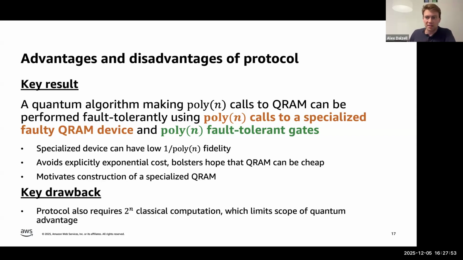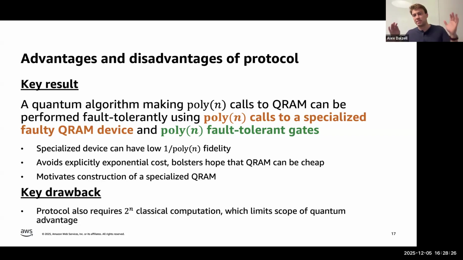This physical QRAM device actually only needs to have very low fidelity. It can have very small signal with the state it's trying to prepare, as long as it's 1 over poly n. And overall, this potentially salvages the ability to perform logical quantum algorithms that need QRAM in a realistic way. It also motivates that we might want to actually build these specialized QRAM devices, which have been the object of some study previously.